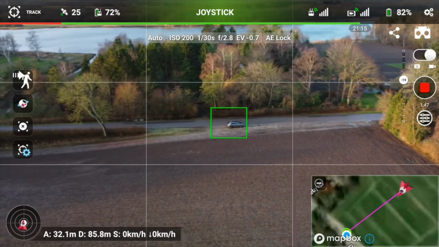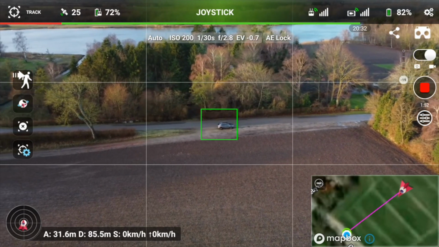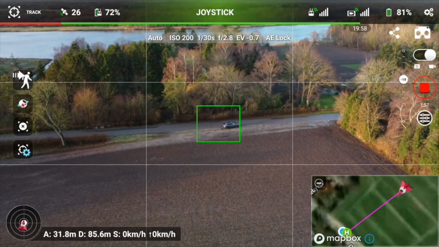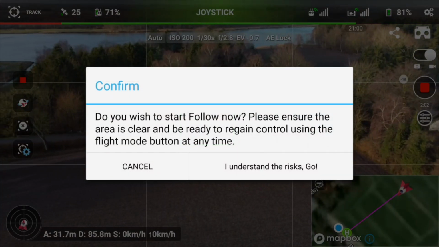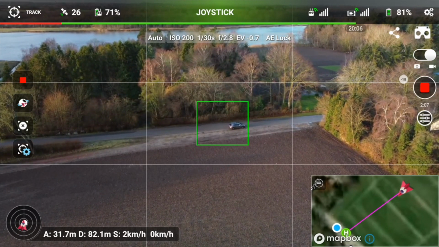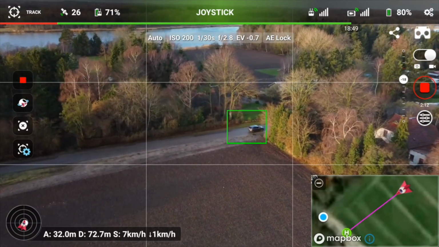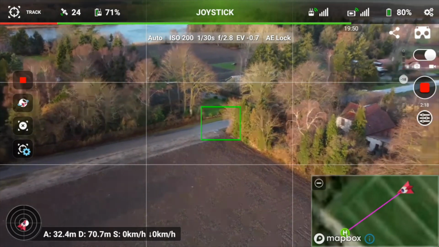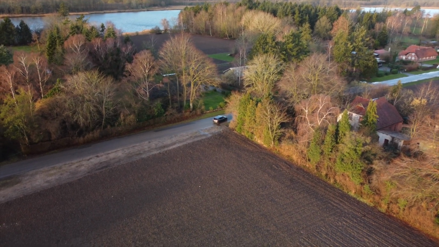So now we have the car framed here. And when I'm driving forward here, the drone should follow me if I press the follow me function here. So, like that. And when I'm driving behind this house here, what you will see is that it will actually lose me. So now the drone doesn't know where I am. So if I just go back again,